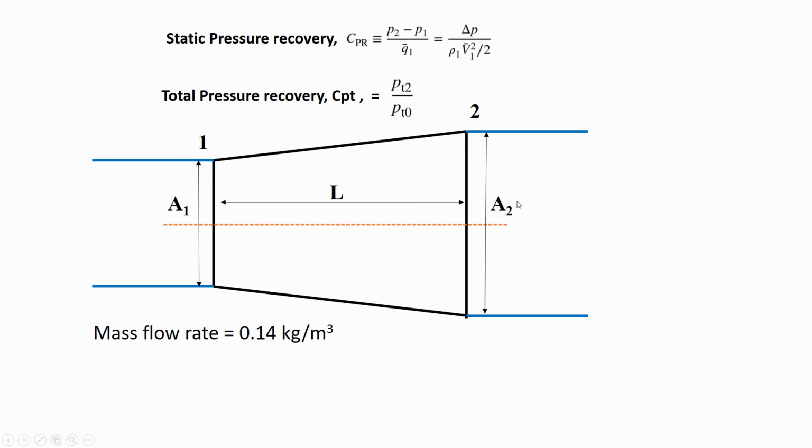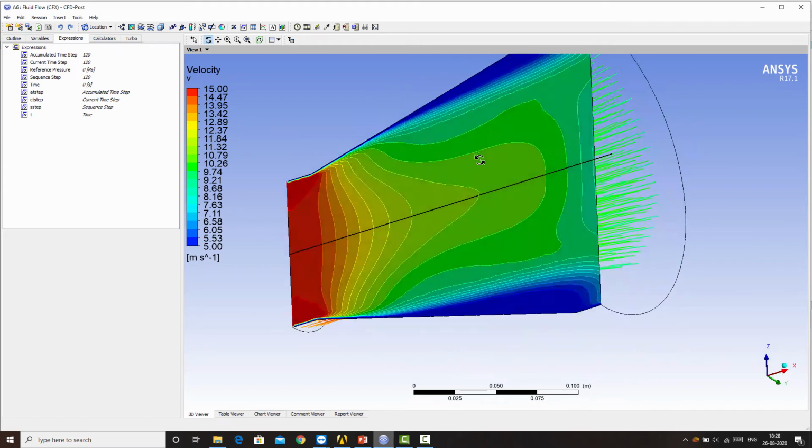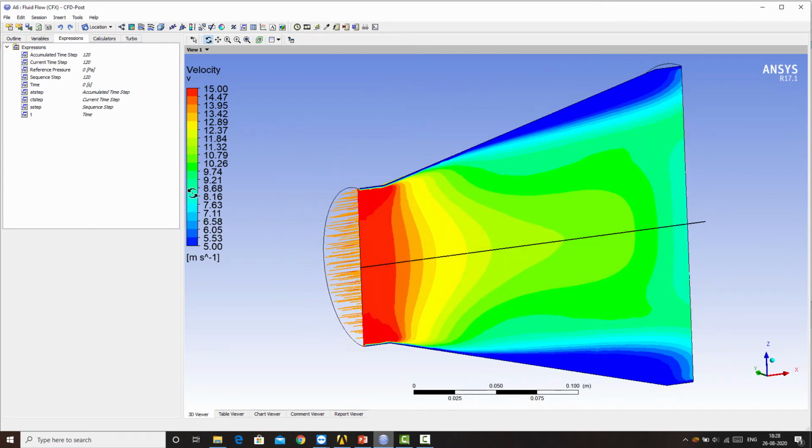So basically that means the total pressure will remain conserved across the passage of the diffuser, since no work or heat is being added or extracted ideally. So the total pressure should be conserved across a diffuser. So under ideal cases the total pressure recovery should be 1. So we will be using these two parameters for doing the parametric study of the diffuser. For doing any parametric changes, we will set up some input parameters in the geometry. Those input parameters will be changed, and we will monitor output parameters like total pressure recovery.